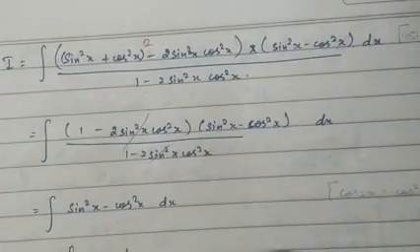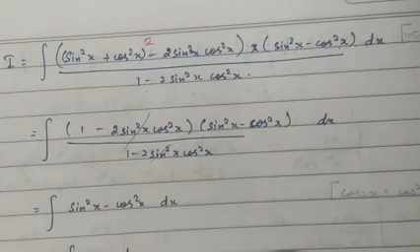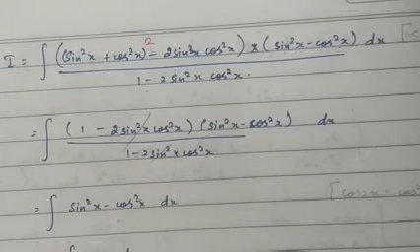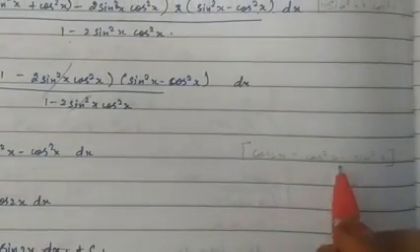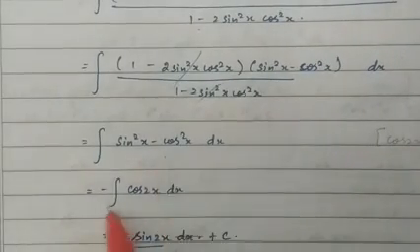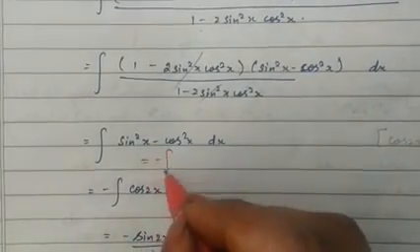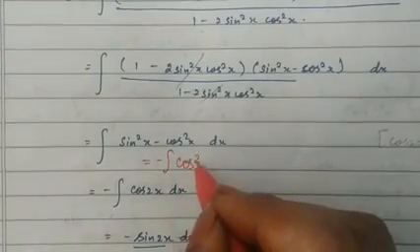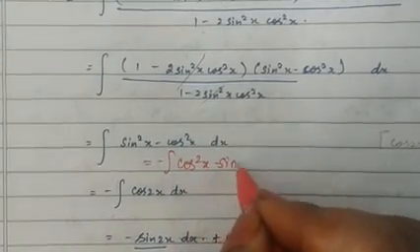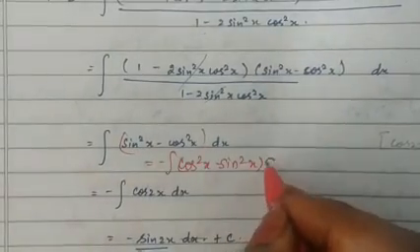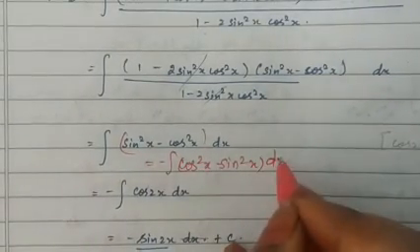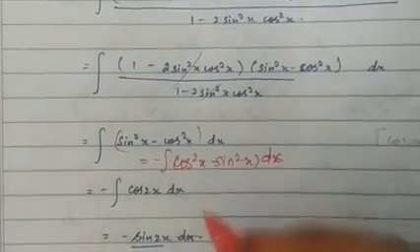Here you can separate the integral and write, but that is a big procedure. Here what you can do is, you know the formula of cos 2x. Cos 2x is nothing but cos^2 x minus sin^2 x. Therefore in this integral you can take the minus sign outside. When you take the minus sign outside, you will get (cos^2 x minus sin^2 x) into dx. Whenever you are writing two terms, write within the bracket. Now this is the formula of cos 2x, therefore write cos 2x.